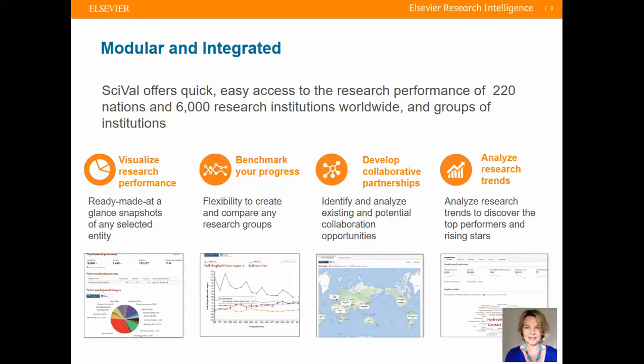So the first perspective that SciVal presents is to visualize research performance in a snapshot view. These are very ready-made options to give you an overview of what the research performance looks like at any given time of the university. Then there's the benchmarking module,